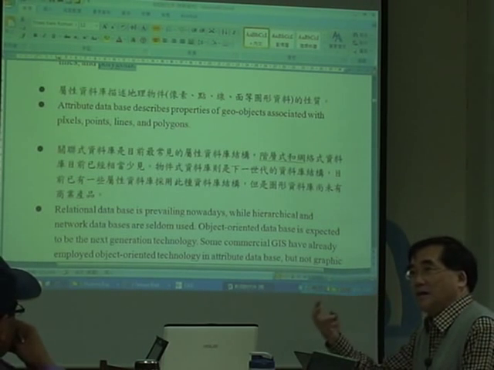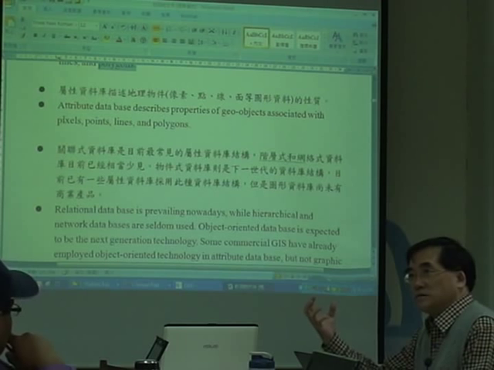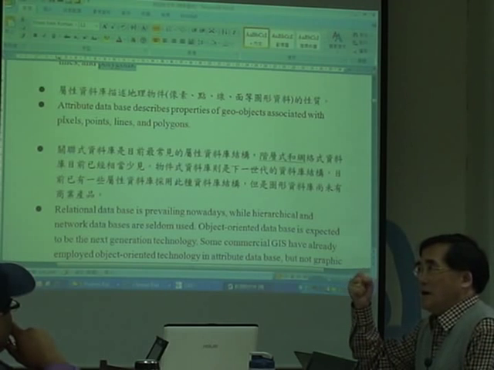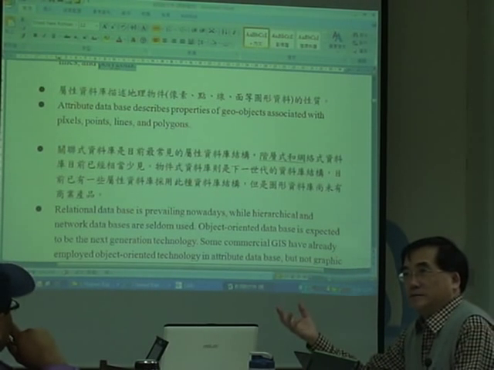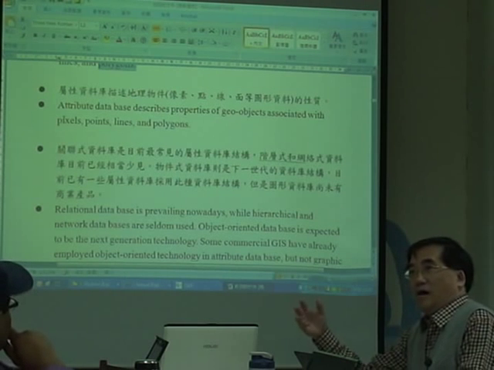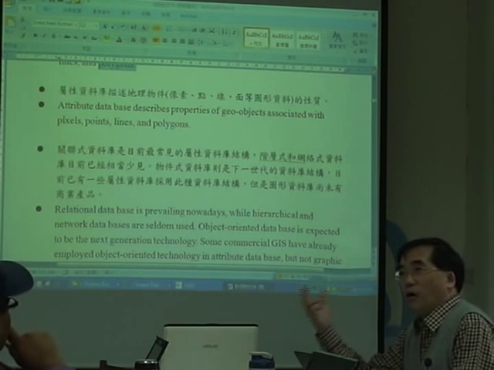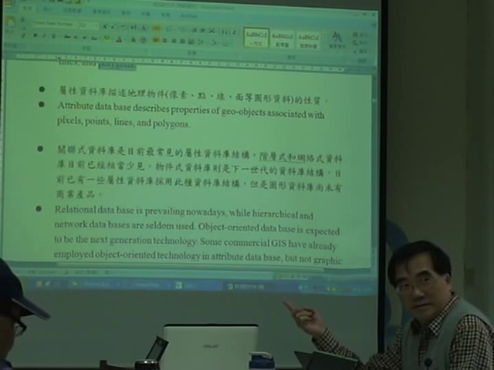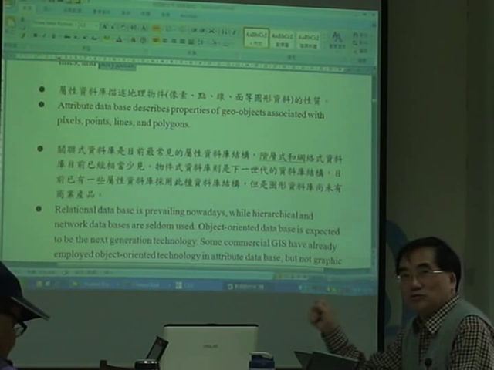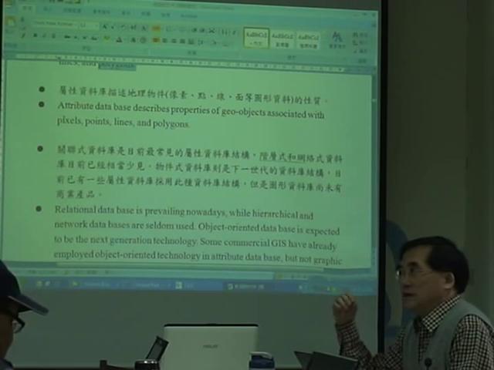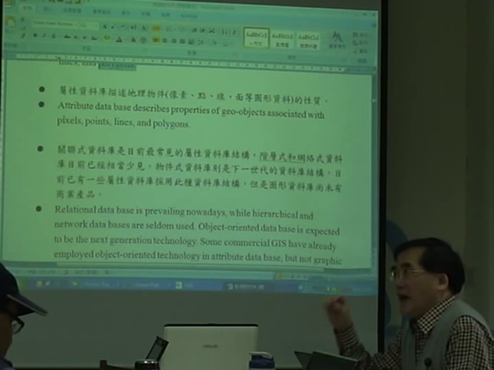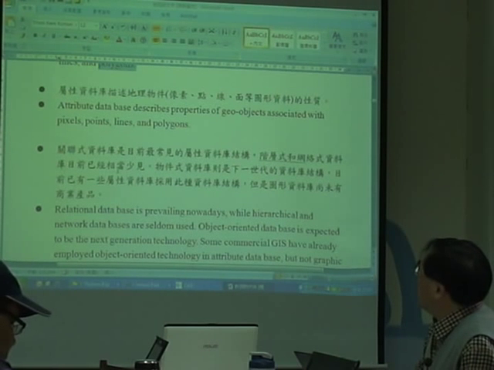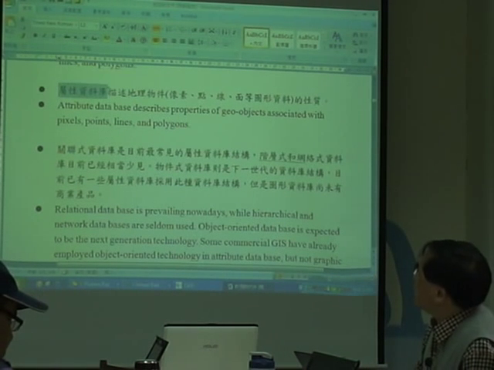Or every line, point, polygon has its own attributes. So a point could be a tree, the height of the tree, or how old the tree is, they are the attributes of that point. 能了解吗？